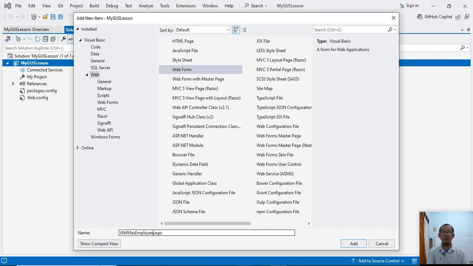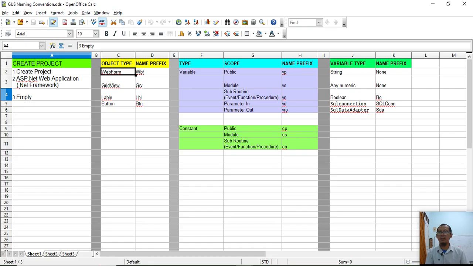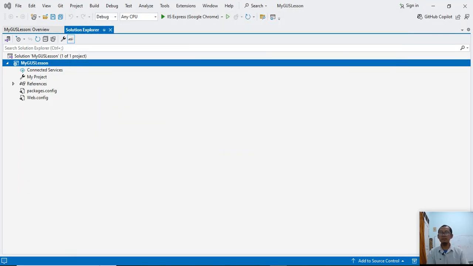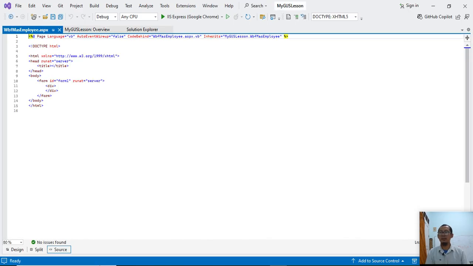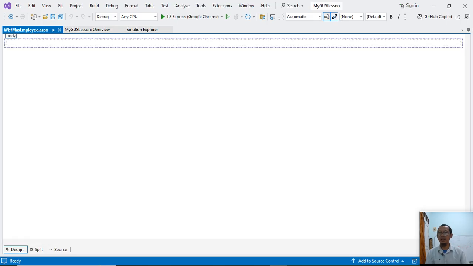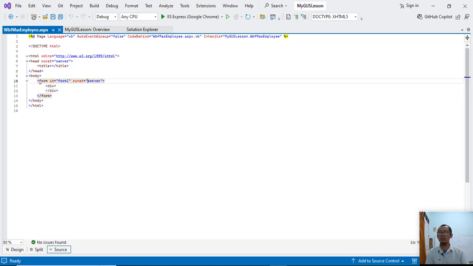I have a naming convention that if the object type is web form, I will name it with the prefix WBF. Okay, WBF must employ, add. This is our web form. Each web form contains a design, which is still empty, and the source.